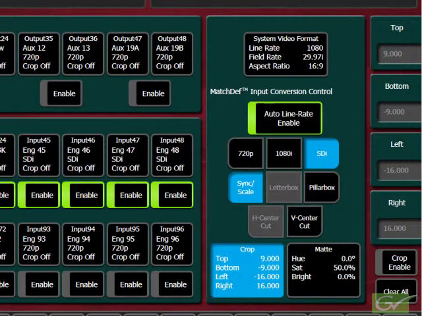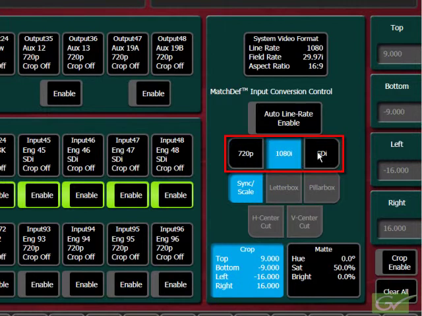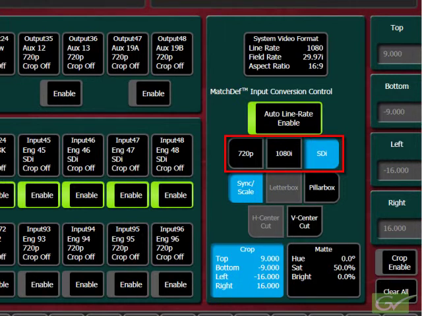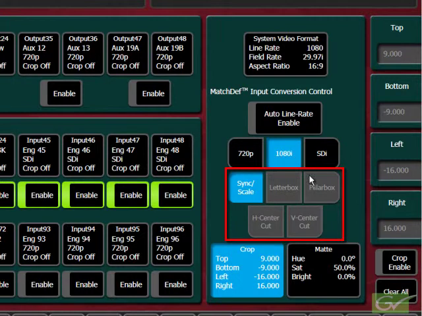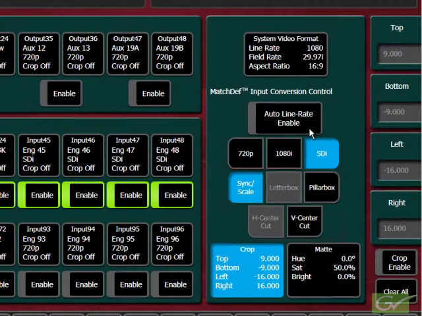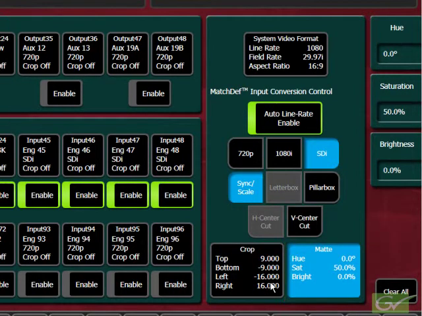The inputs can be set to predetermined format or left in the auto line rate mode. Formats available are 720p, 1080i, and SDI for either 525 or 625 signals. Note that these converters will only convert signals with the same frame rates. For the selected format, various aspect conversion options are provided to accommodate the input signal format and conversion style desired. As with the SetDef outputs, the area around an image can be filled with a matte, and the images can